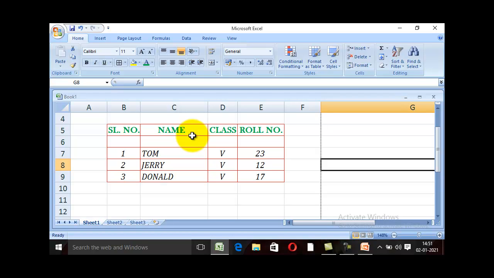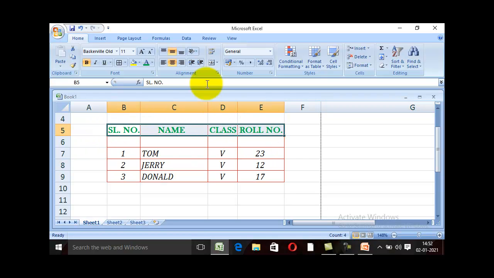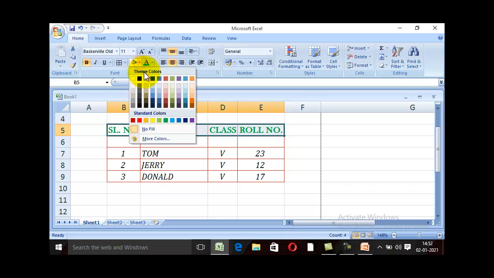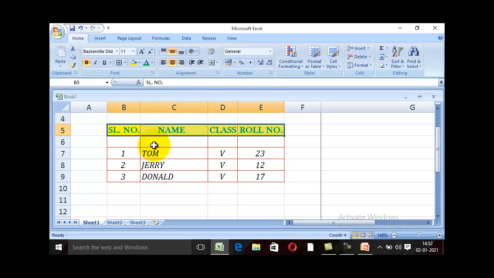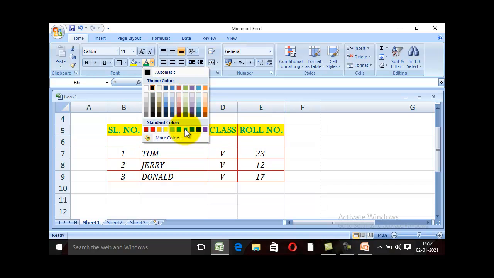Okay, next let's see here. After applying border, adding a background color also you can add. Suppose the heading here you can add another background color. Background color, now here you can use background color from here. Fill colors, now from here you can apply and see. If you want to make this yellow you can click here. Then the next, if you want to make it sky blue,